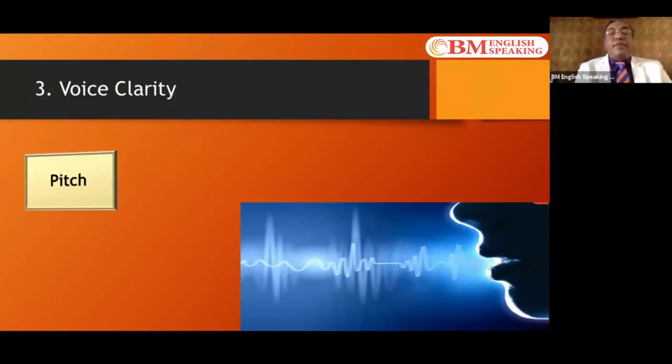And the first element is pitch, your voice level. Hello, hello, hello. So your pitch should not be too low. Your pitch should not be too high. So that's what is extremely important. Now, if you have to speak to one person, your pitch will be a little normal. If you're speaking to a little bigger group, your pitch will be a little high. And if you're speaking to a large group of people, you'll have a mic, so you don't have to really speak in a loud voice. But your voice should be audible. Ensure that your voice is audible. That will help you develop voice clarity.